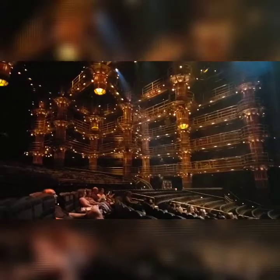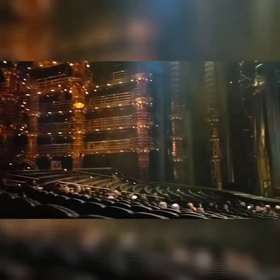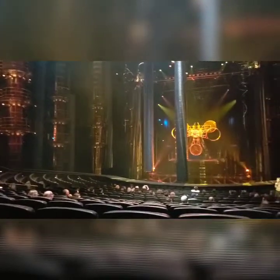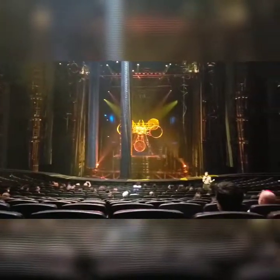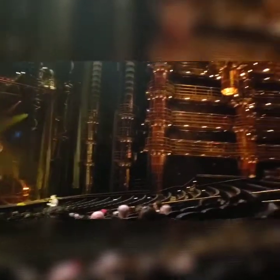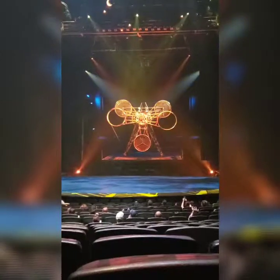So, a display of acrobatics, core strength, and precise choreography that is definitely not to be missed live. Now, throughout the show, our artists are trained to jump, fall, dive, and disappear into this void. This is accomplished safely with a series of acrobatic nets which are...